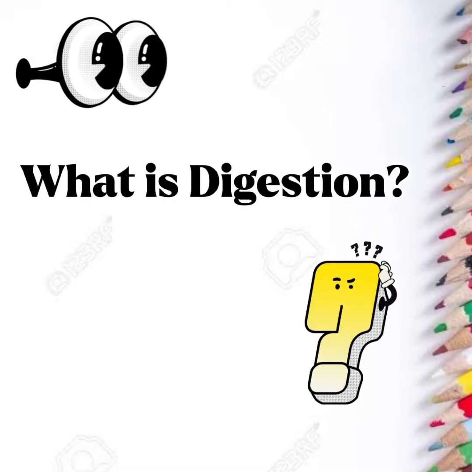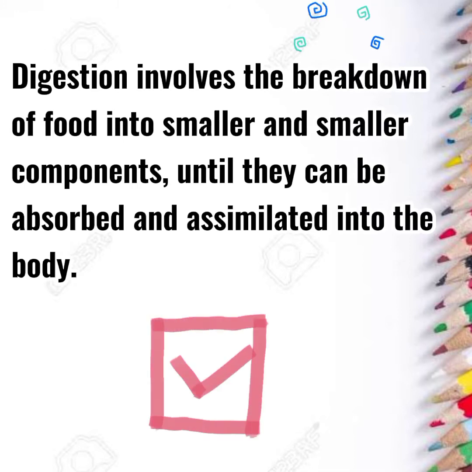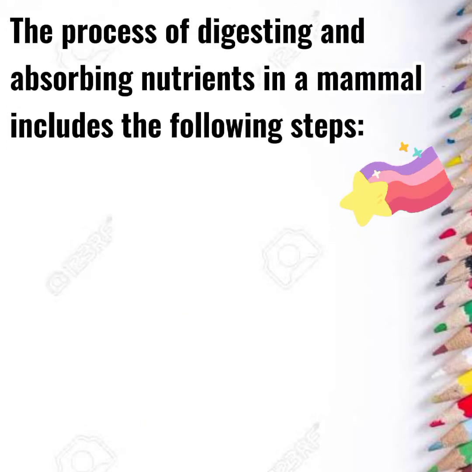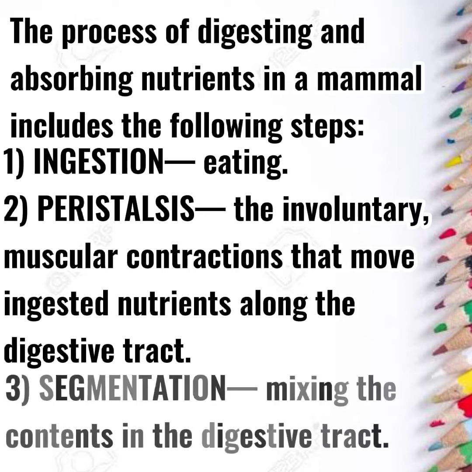What is digestion? Digestion involves the breakdown of food into smaller and smaller components until they can be absorbed and assimilated into the body. The process of digesting and absorbing nutrients in a mammal includes the following steps: ingestion, eating; peristalsis, the involuntary, muscular contractions that move ingested nutrients along the digestive tract;